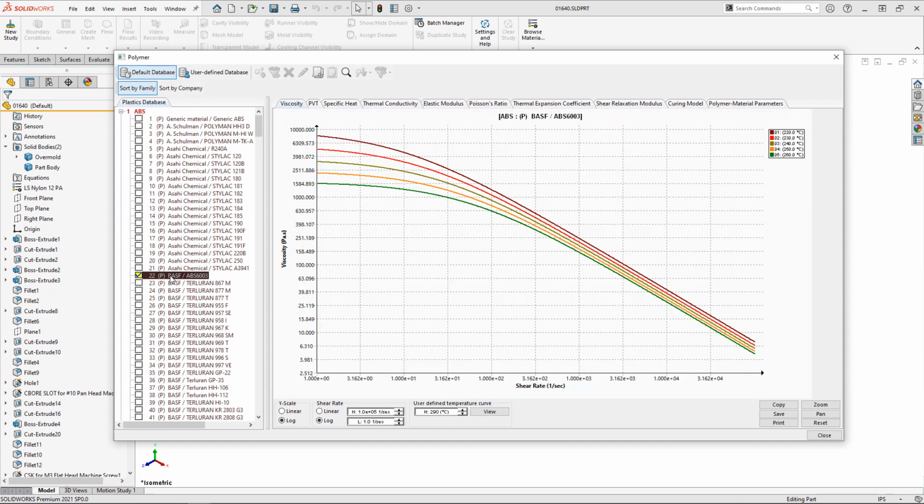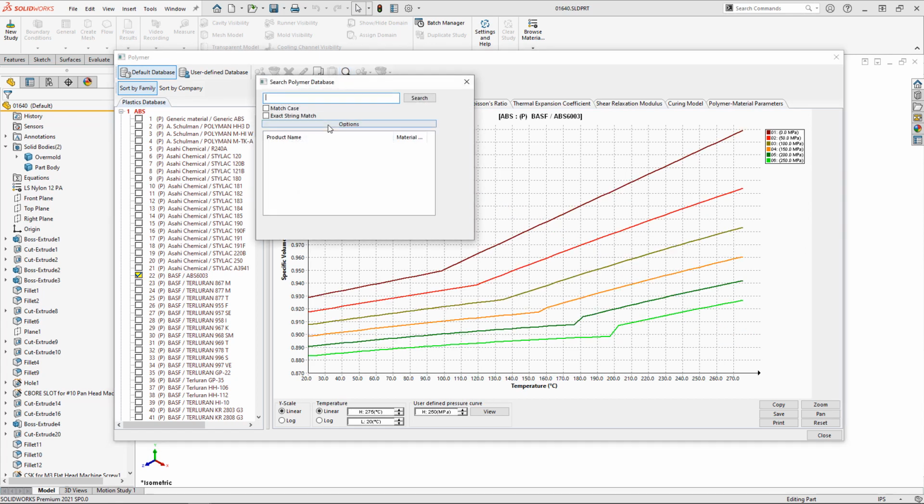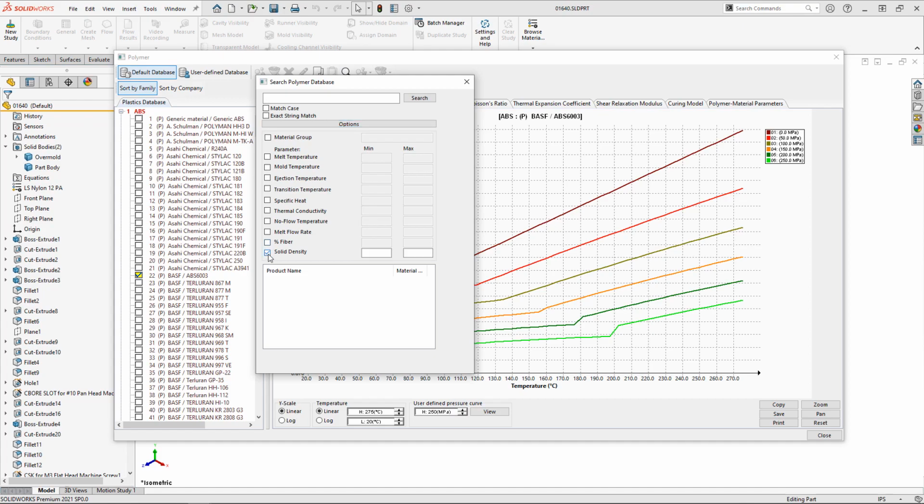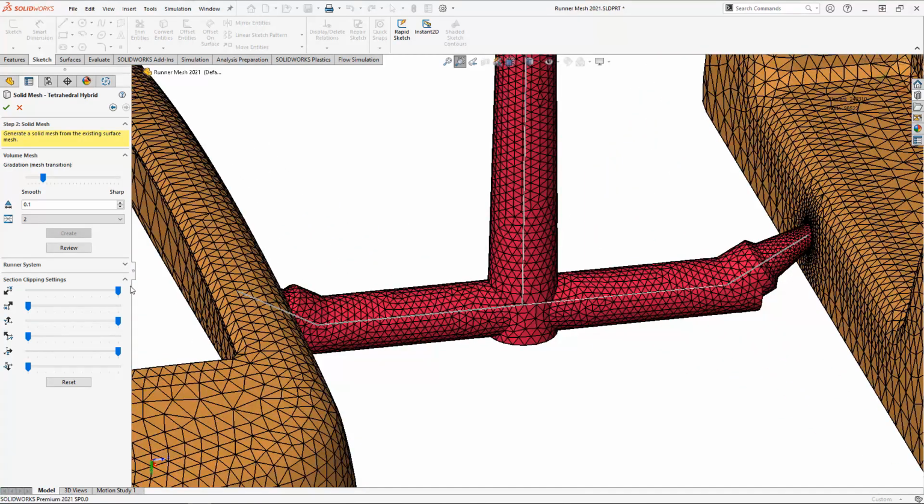A number of existing materials have been updated and reclassified, with some discontinued materials removed. The material library features enhanced display of viscosity and pressure volume temperature plots, and polymers can now be searched for by their density. The algorithm used to generate solid meshes from sketch-based runner systems has been enhanced to create more